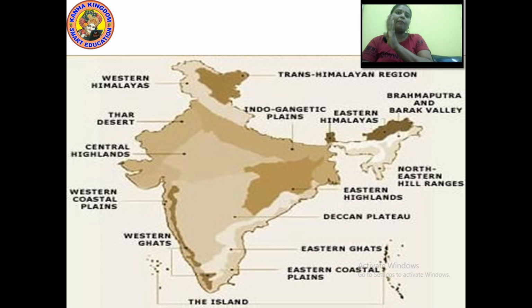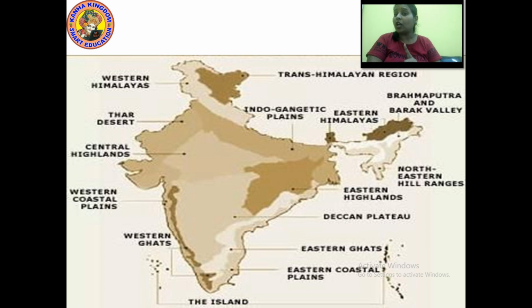Now coming to Assam and Mizoram, on the northeastern side, it is having the northeastern high ranges. Going to the top, we are having Brahmaputra and Barak Valley. Beside this, we are also having Eastern Himalayas and we also have the Indo-Gangetic plains.